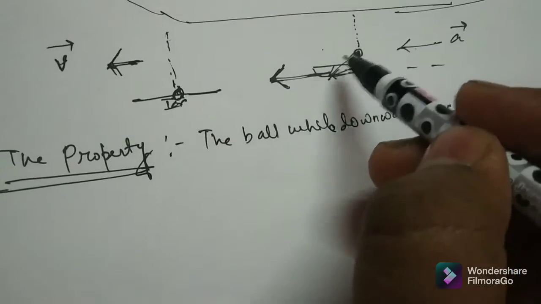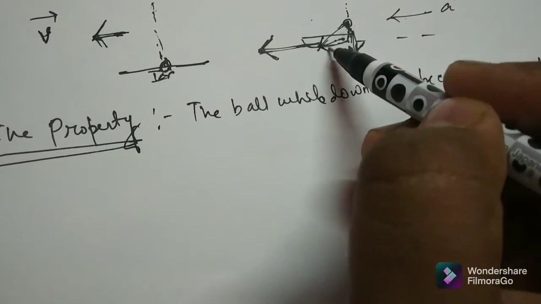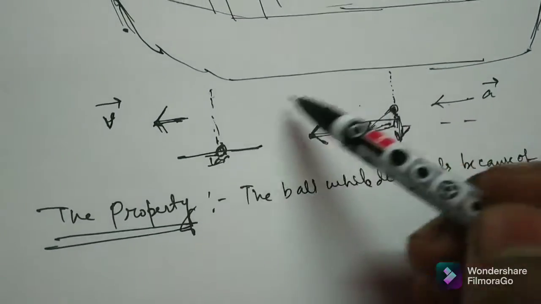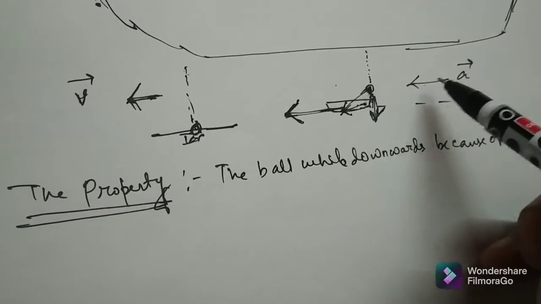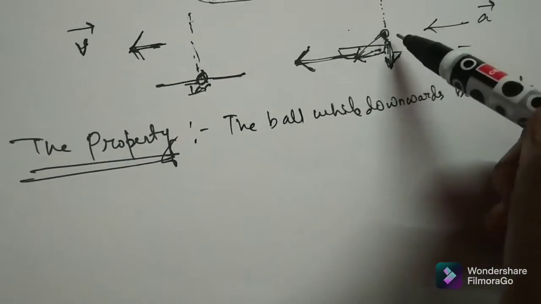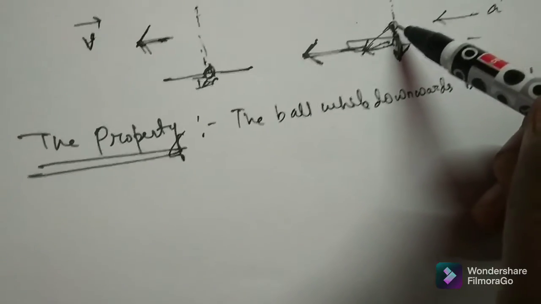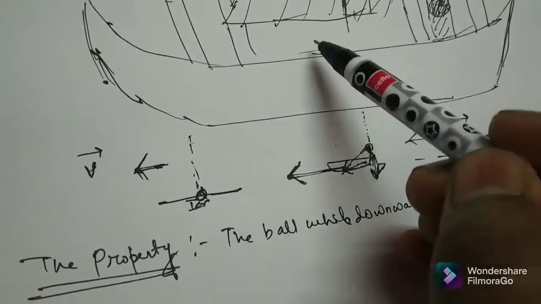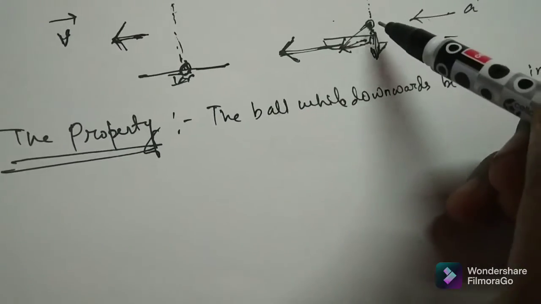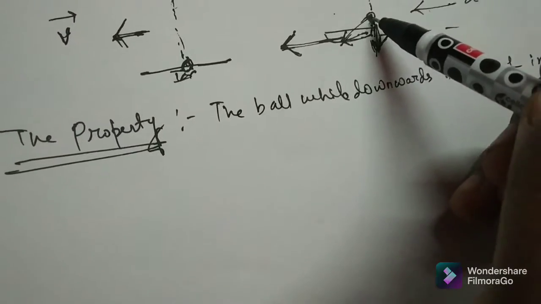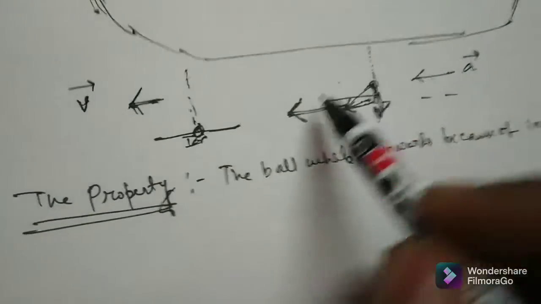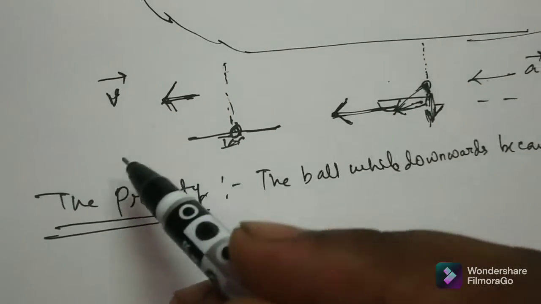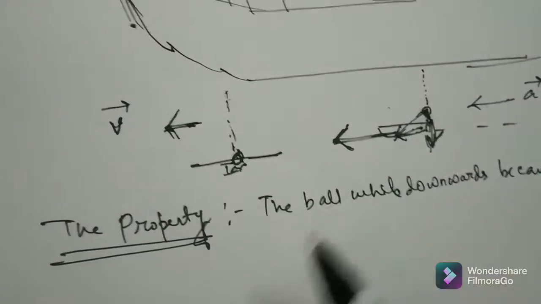So the ball was not directed, or it was not ordered that you should go here. When the boat started to accelerate, no one ordered the ball, or none of the properties of the ball ordered it to strike the board of the accelerating boat like a rocket, but it just fell downwards. So it had no effect whether the boat was accelerating or moving with uniform velocity. It fell in the same direction only.